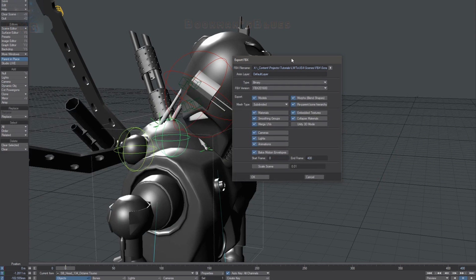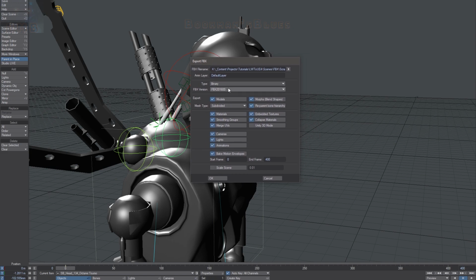And so let's talk about our FBX exporter just for a little bit. Make sure you're on the latest version of FBX that you have. So I'm assuming that there's a newer version for Lightwave 2019. If you're Lightwave 2018, obviously we're doing FBX 2016. We want to grab our models, obviously. Any morphs that you might have. If you have subdivided